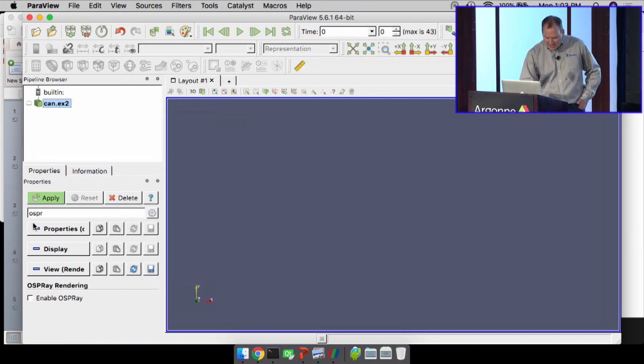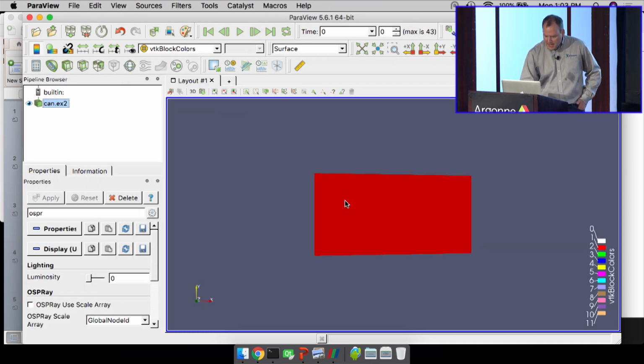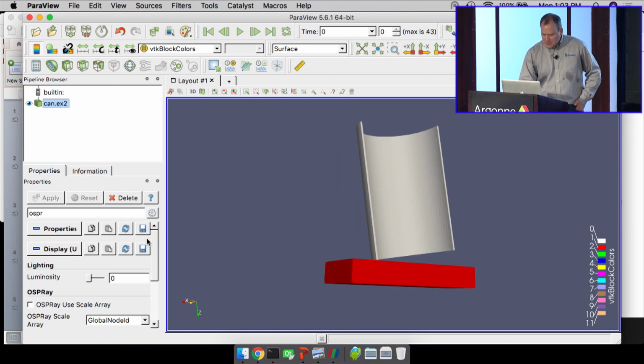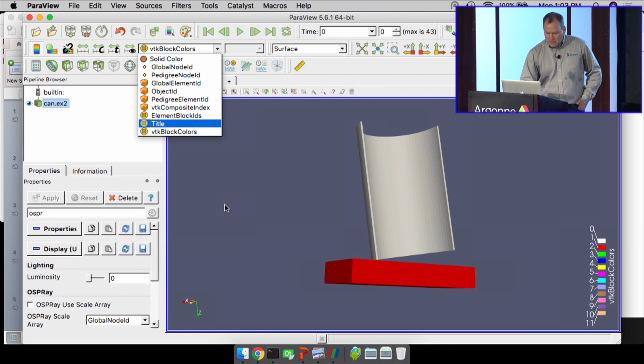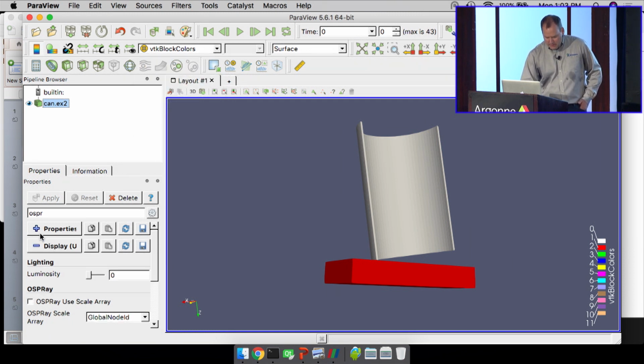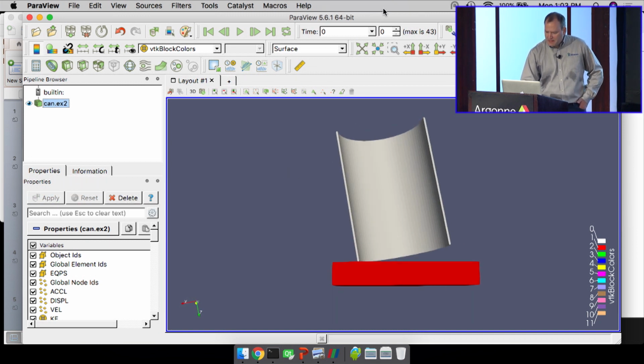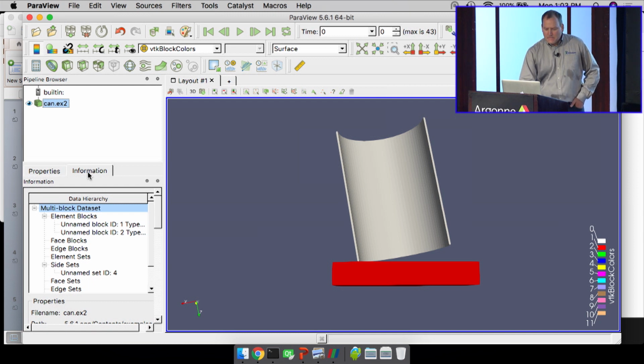If I do load up the CAN data set, this is another Exodus sample data set from Sandia made 100 years ago. And load all of the variables. This is a time varying data set. You can tell because up here in this quick look, we can see that we have 43 time steps. Or a better way to get that same information is to look at the information tab, which tells me that